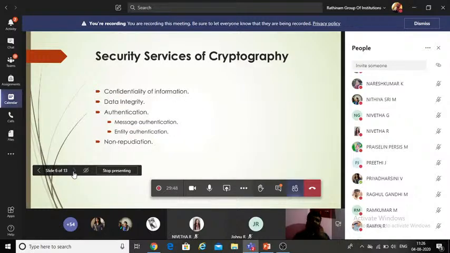And next one is security services of cryptography. So what are the securities which will be provided by cryptographic concepts? What are the security services? I think we have discussed these concepts in the OSI security architecture. I think you all remember the OSI security architecture. It has three things: security attacks, security services, and security mechanisms. You have also submitted an assignment on that OSI architecture, so I think you are clear about the security services. Clear? First is confidentiality, second is integrity, third is authentication, fourth is non-repudiation.